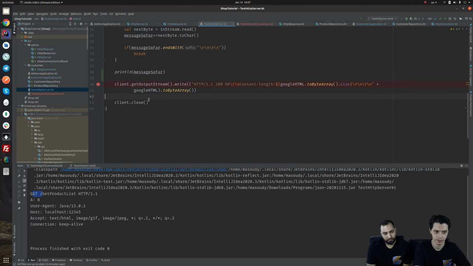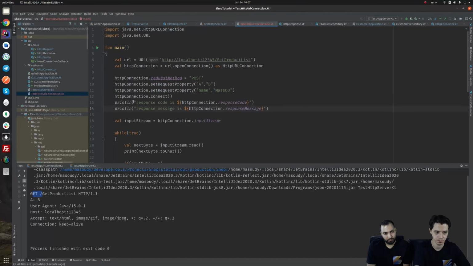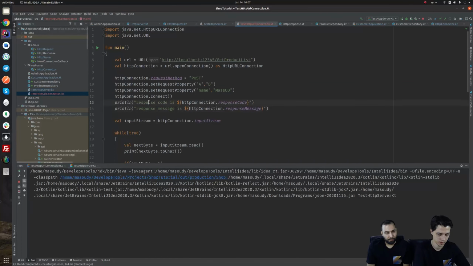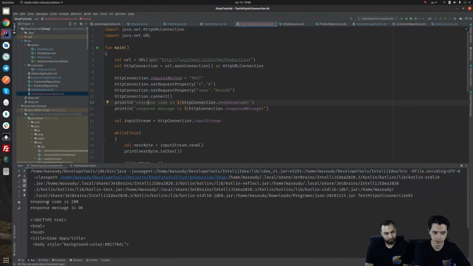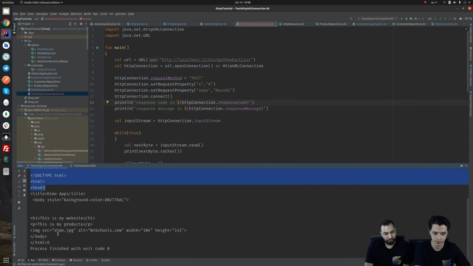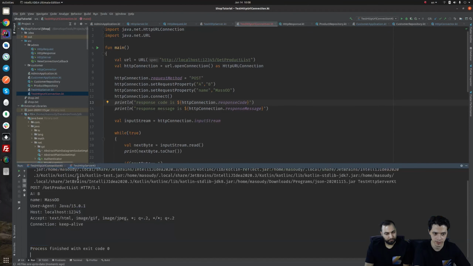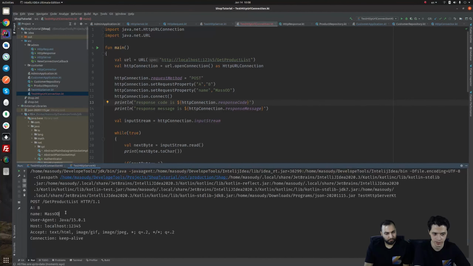HTTP server, HTTP client, and okay, the response code is 200. The response message is okay. This is the response body. In the test server, in the server part, you can see that it is sending our headers along with other